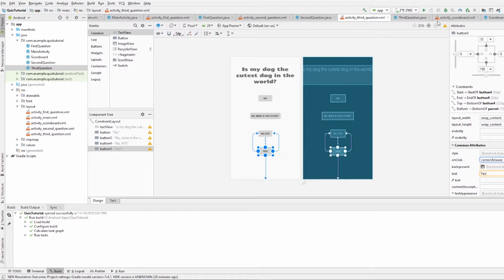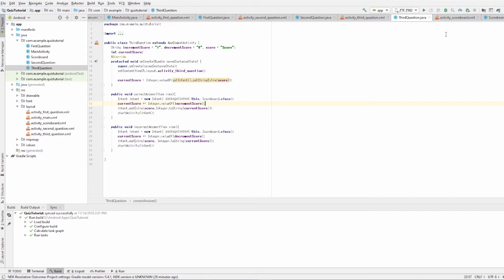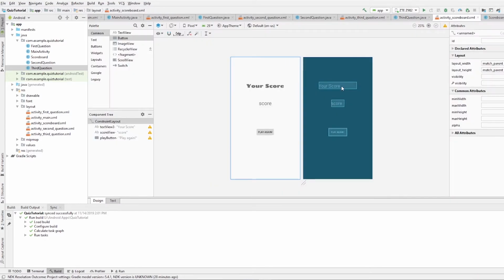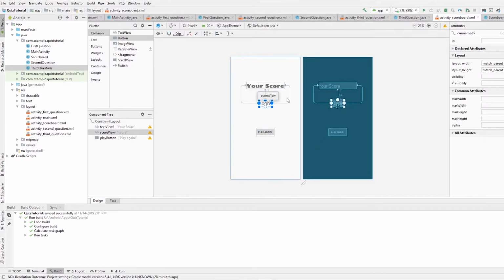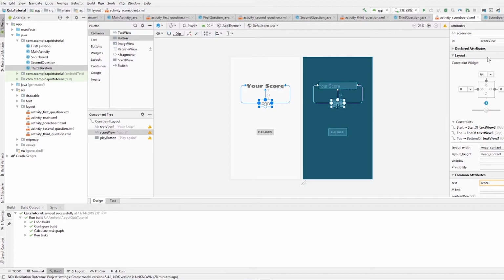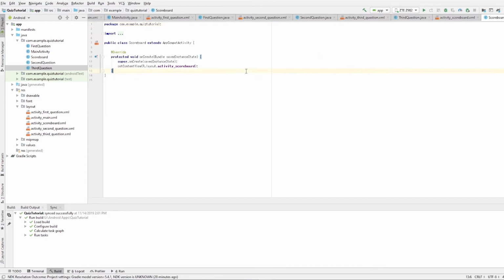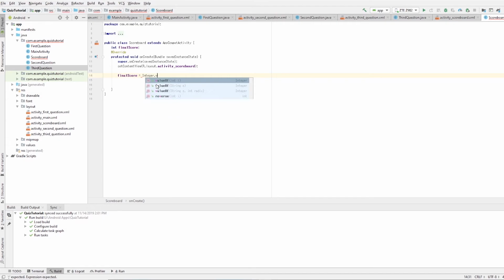Okay. So now from this third Java file, we can actually get to the scoreboard. And so the scoreboard right now is just "score". So once you get here, all you'll see is this. But we don't want to just see this. We want to see the actual score printed on here. And that's why we call this ID scoreView in the Scoreboard.java. So we want to call this int finalScore. And then we're going to have finalScore equal Integer.valueOf